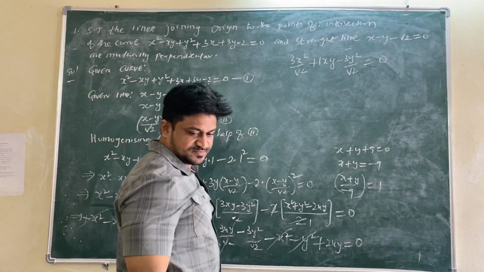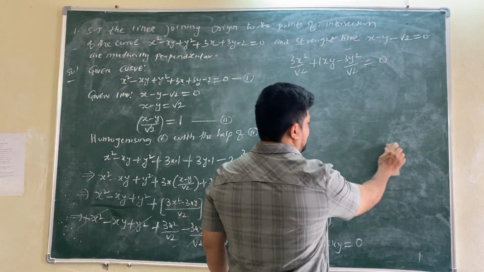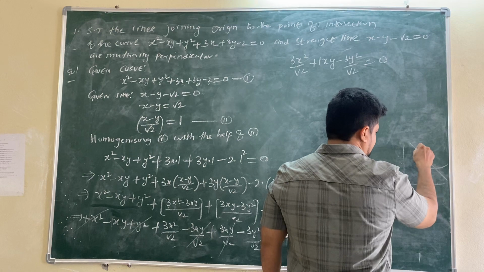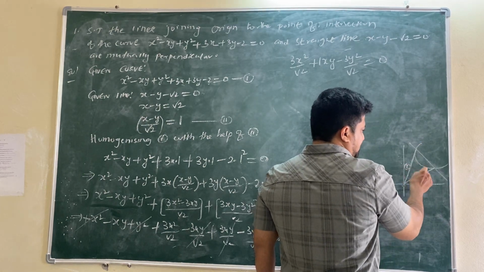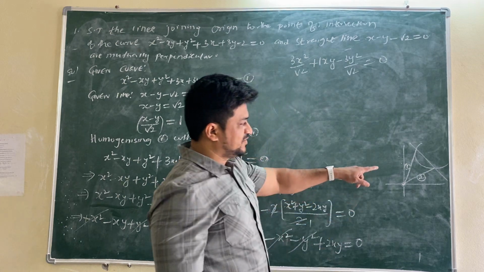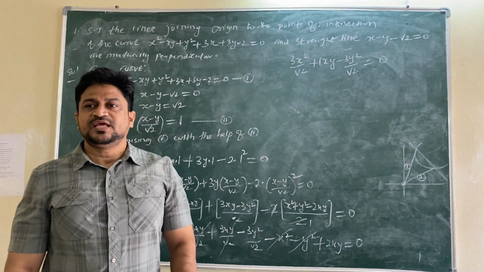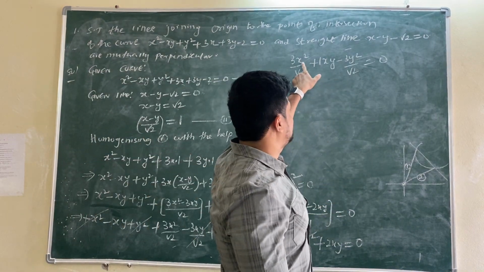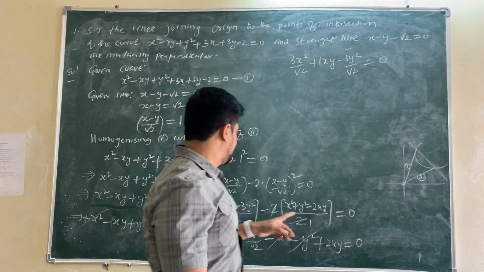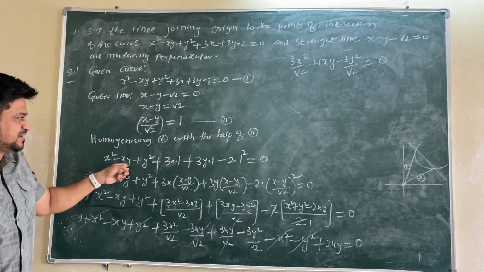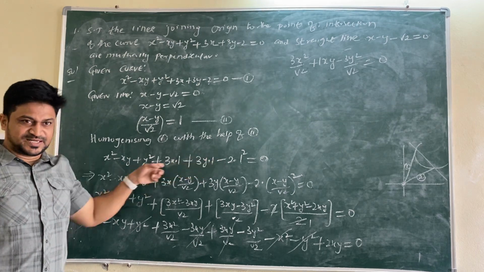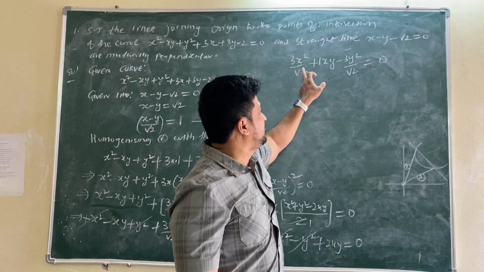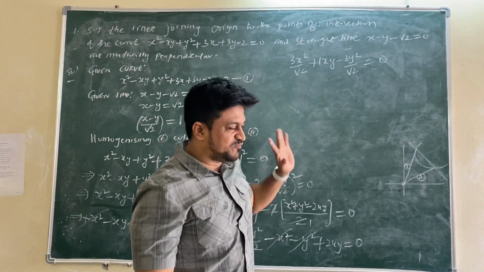That represents whatever remains now after homogenizing. We will get this equation 1 and 2. How can we know that 1 and 2 represent this equation? Any pair of lines which passes through origin has only three terms, meaning x square term, xy term and y square term. This has xy term, x term, y term, constant like that, no? But a pair of lines does not have that. Whatever pair of lines passes through origin has only how many terms? Three terms. So this is the pair of lines we got.